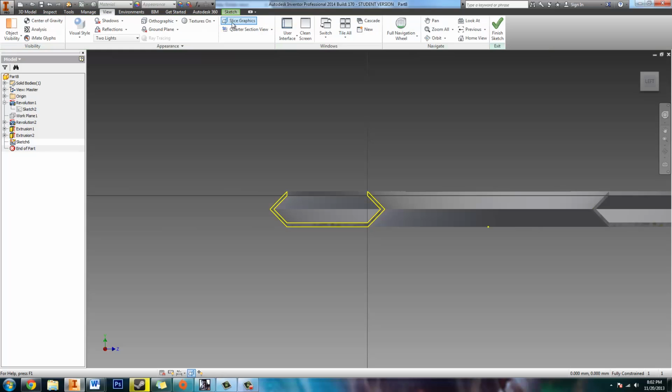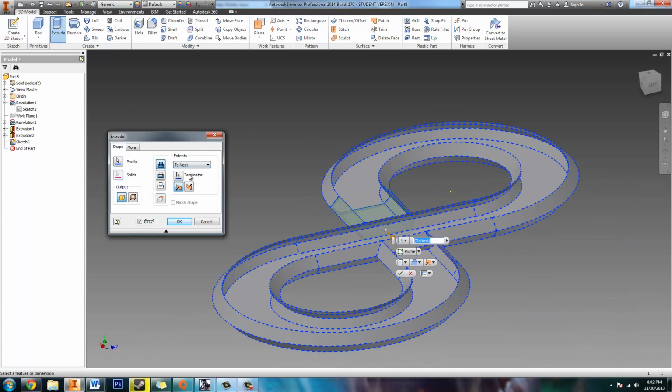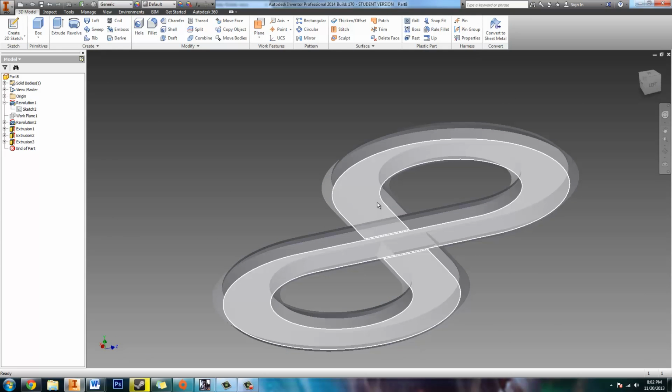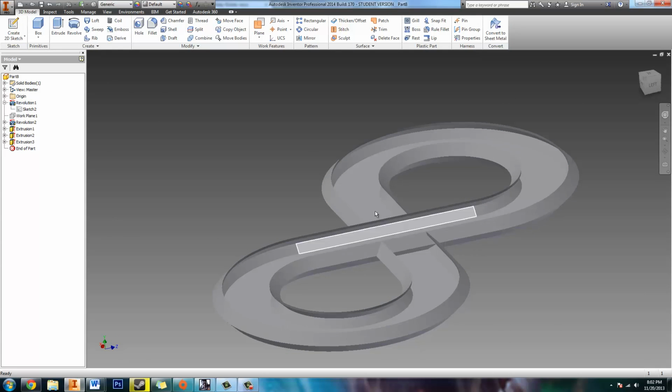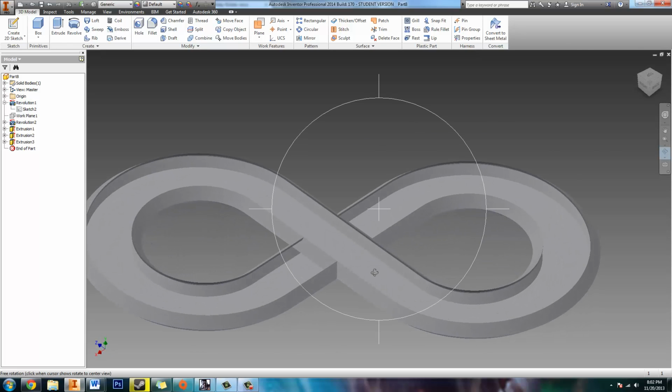We'll do View, Slice Graphics. Yep, all good. Finish sketch, extrude to Next, click OK. Now we have the issue of these two in the middle. We can't actually get our character